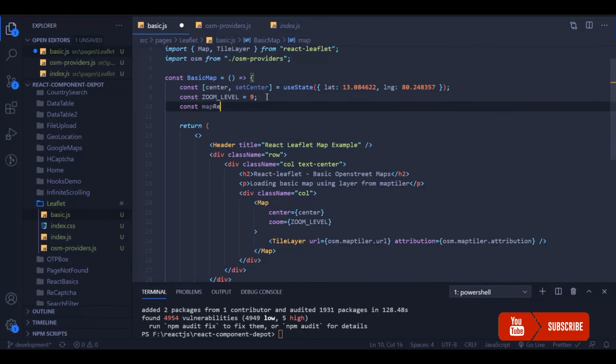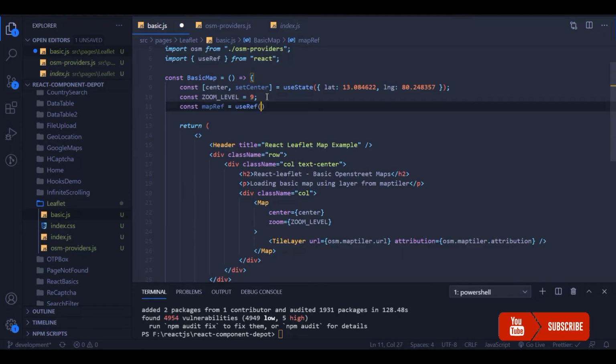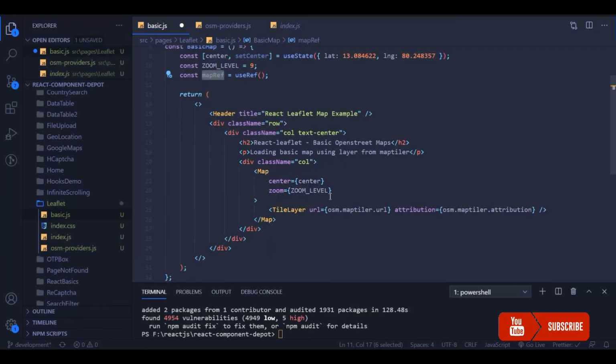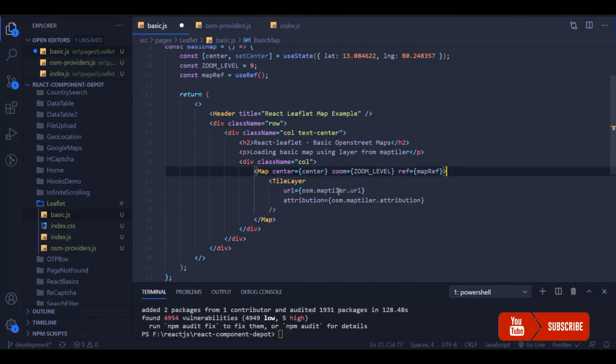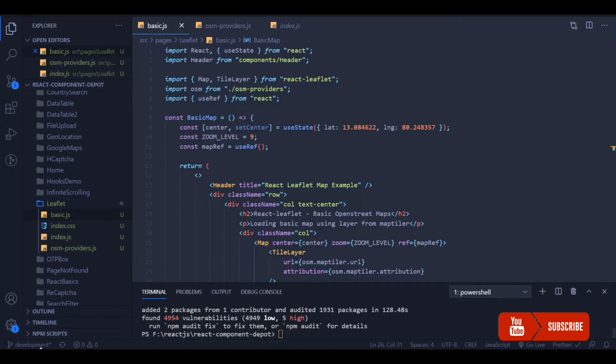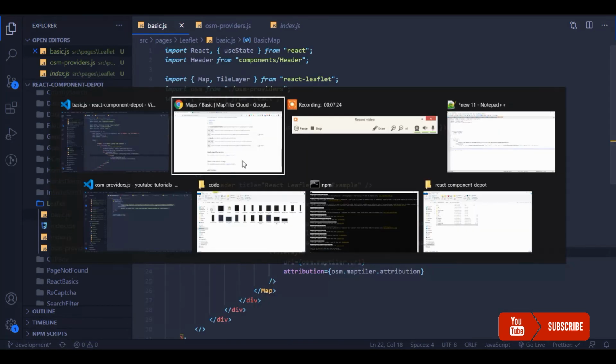If you want to further manipulate the map, you can use this map reference. We usually use ref from React, that's the element reference. You can directly deal with the DOM using this reference. I will pass that reference also. Now we are done integrating our map in our React application. Let's go and check this.